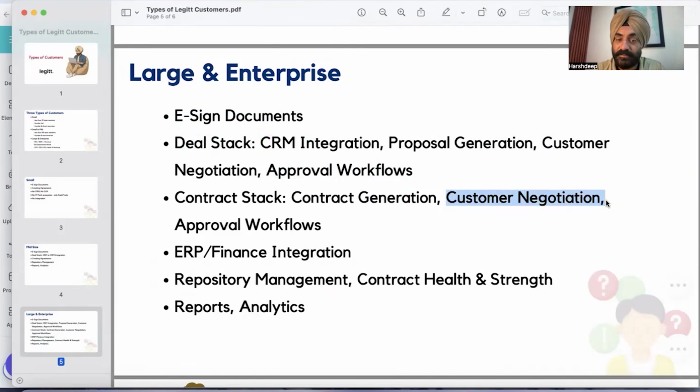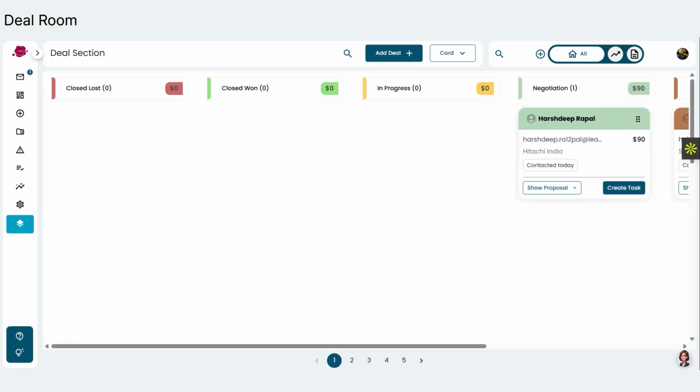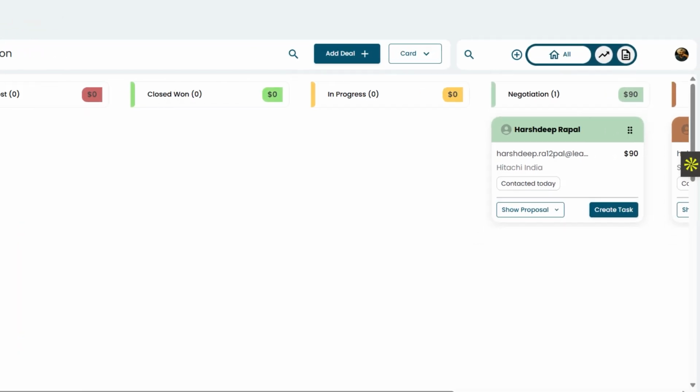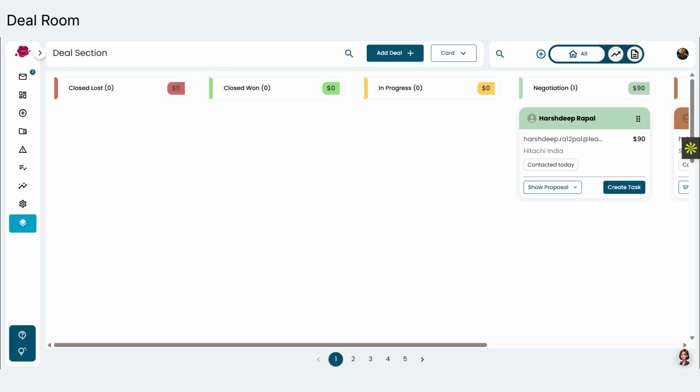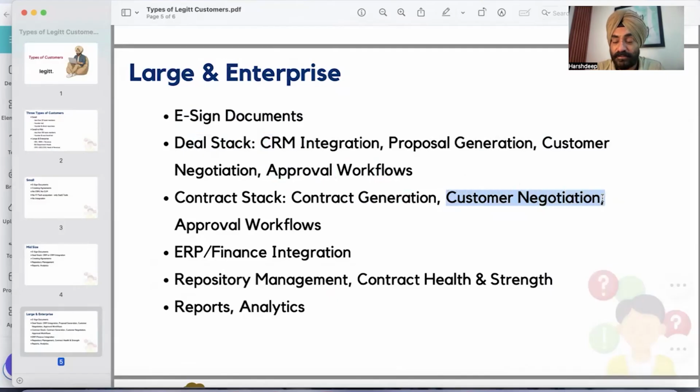We record all the conversations, all the comments, all the remarks, all the supporting documents. They get into this deal room, and help you in closing these deals during the whole course of engaging with the customer. And then again, for contracts as well, if there are any approvals of the legal team or the business team required, Legitt AI helps them create these workflows.